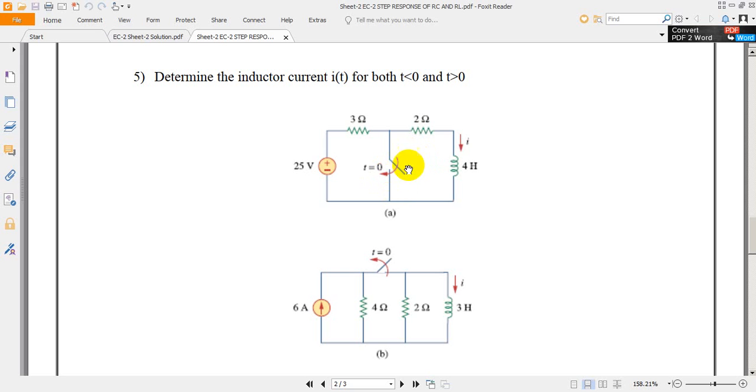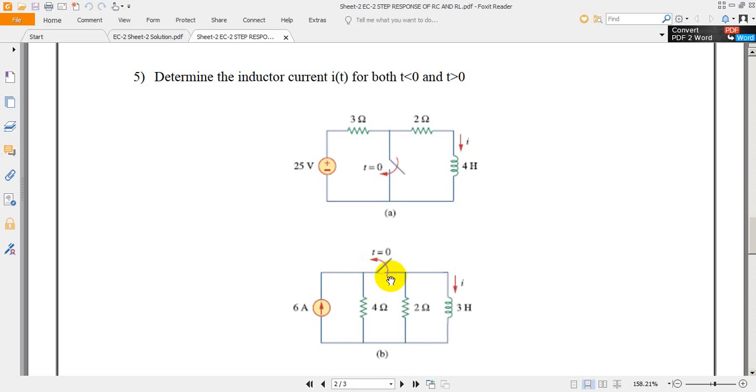After the switching, the switch is closed. If you observe, after the switching operation, the circuit we need to consider is the part of the circuit which has the inductor. Hence we will consider this part, and this part doesn't have any source. This RL circuit is a free response circuit, whereas this circuit